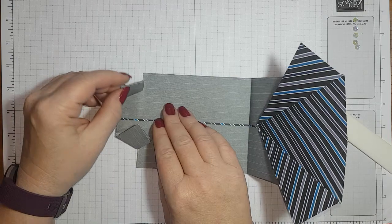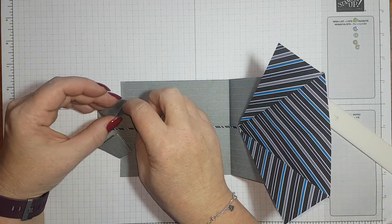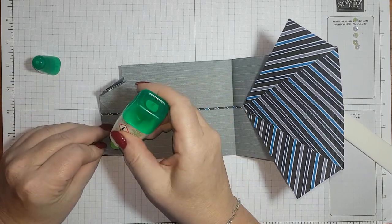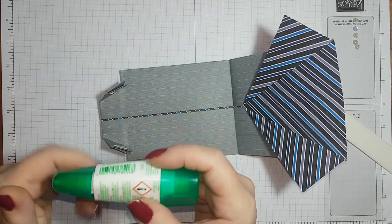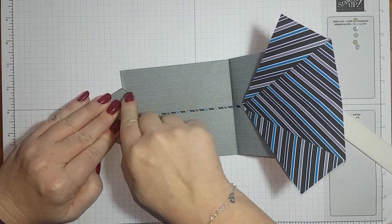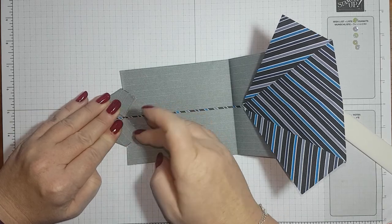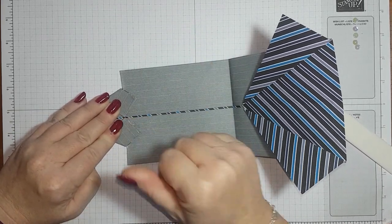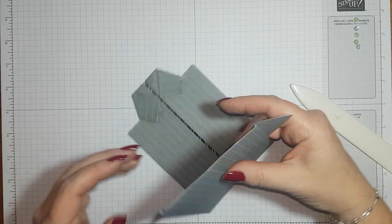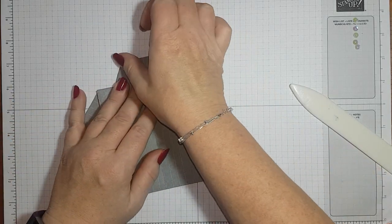So if we stick the bottom part of the collar down, because we've got an opening there, so if we stick this part down, and then this will fold over and tuck into that one there. So it'll just help keep the collar flat. So I'm going to use some wet glue. And just stick that down, just hold it for a moment. It's having to hold closed a fold, so we want to make sure it's got a good adhesion before we let go. I'll just add a little dribblage there. There we go. And then when we tuck this up, it tucks inside like that,